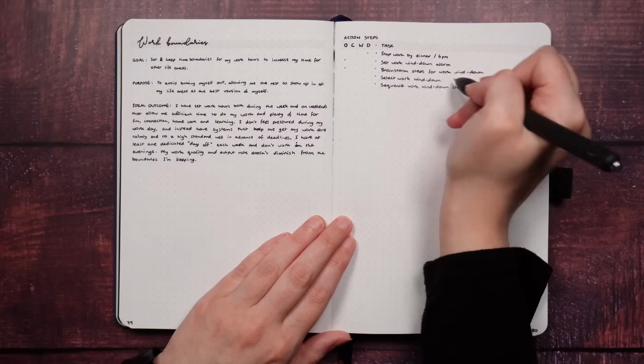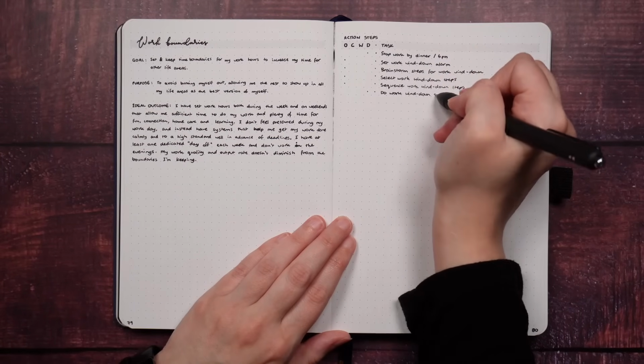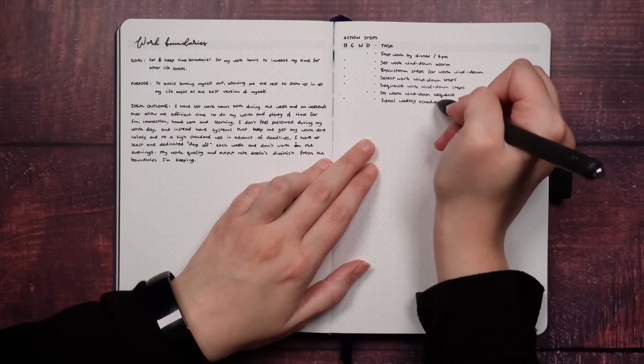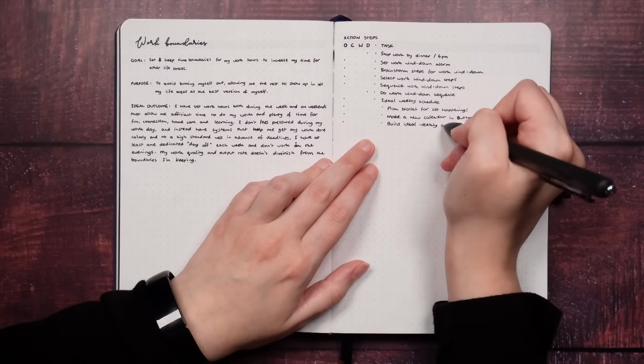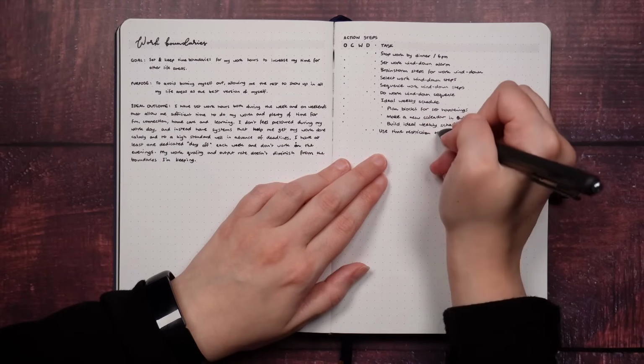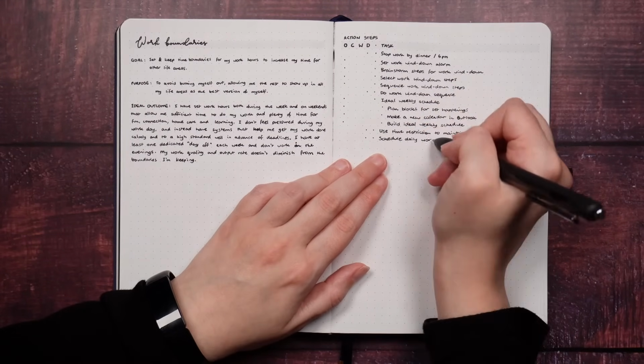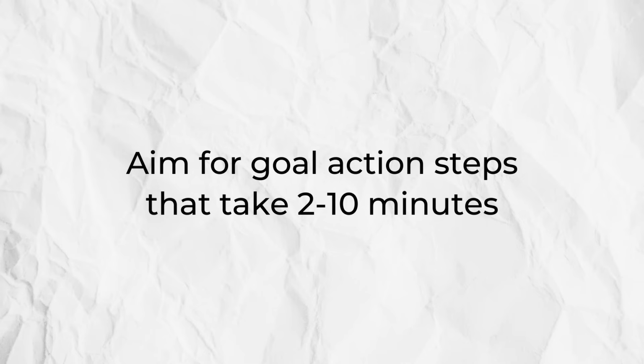We want to make those actions that we're breaking it down into really small, bite-sized things so that they feel achievable. Especially for those goals that are really big and are quite far removed from where we are currently, breaking it down into small, tangible, little bite-sized pieces means that we can just check those off one after the other and get closer to where we want to go. When I'm breaking down my goals and thinking about the action steps that I need to take, I try and make sure that each individual action step is only going to take me somewhere between 2 to 10 minutes.